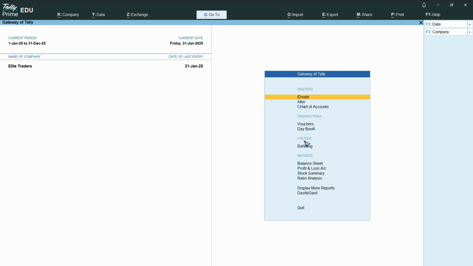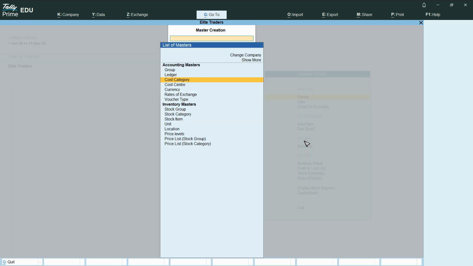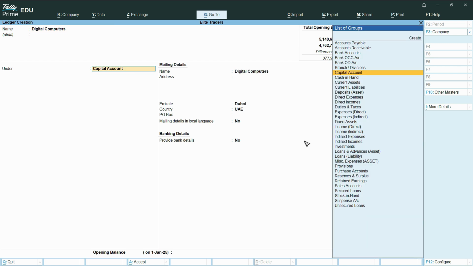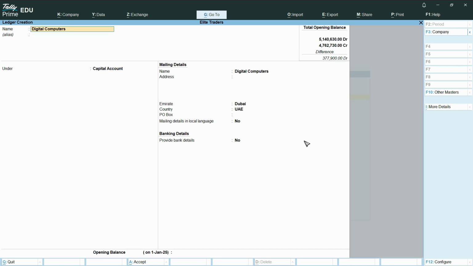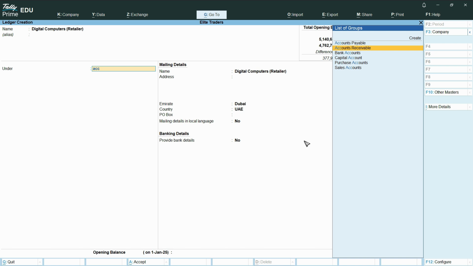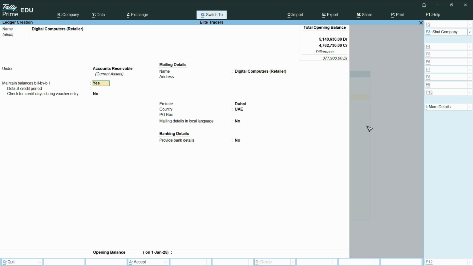Now let's create some customers. I'll just go to create and click on ledgers, and first one is digital computers, and let's write that is a retailer, just to mention that. And it goes under account receivable. Now I have changed the name of sundry debtors to account receivable. That's why I can see account receivable here, but you might see the sundry debtors. So Control A, and then we have the